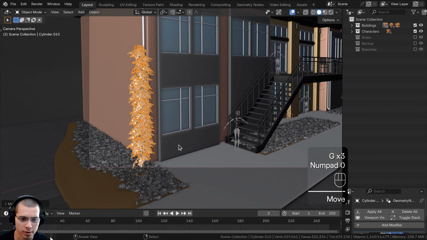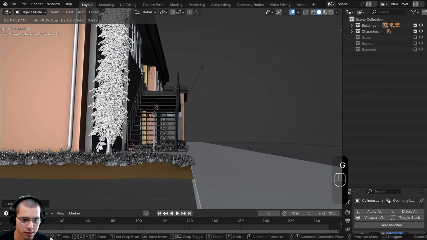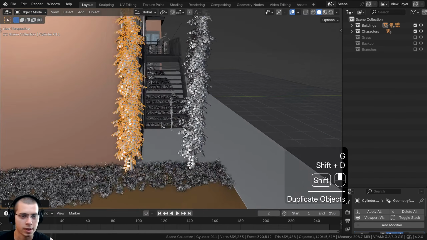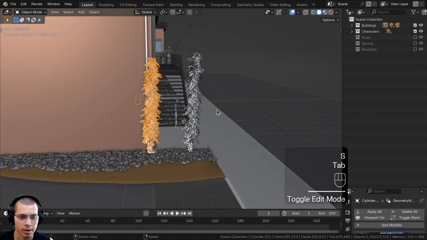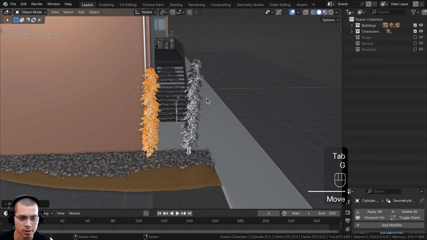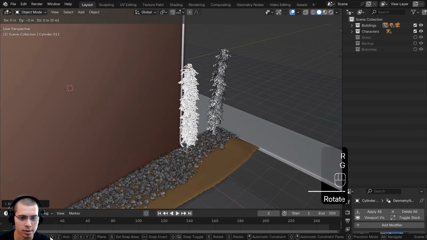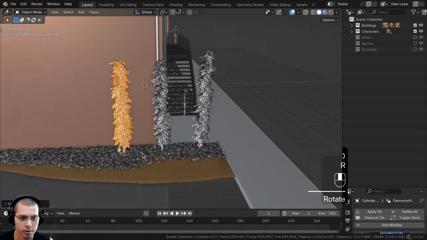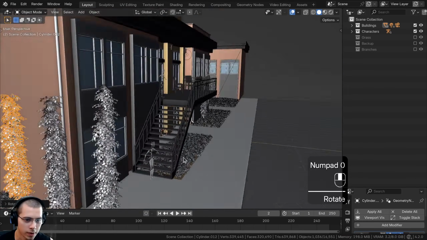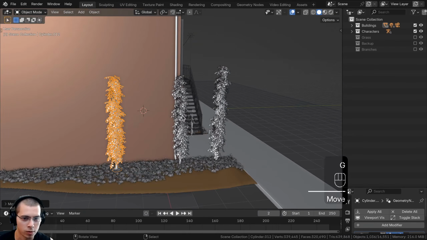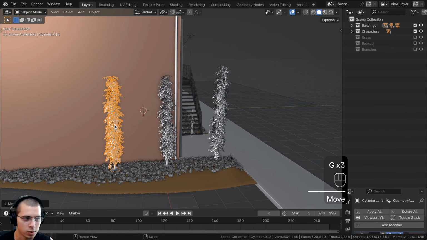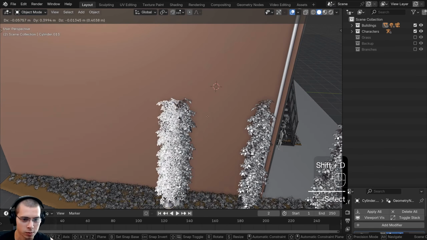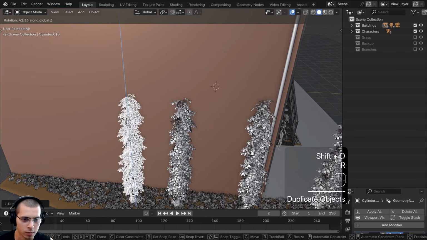Let's also go into the camera view, see how that's looking. So this tree should be a little bit higher and I want to bring it over a little bit. And then I want to duplicate this to have another tree. This one I'll maybe make it a random scale so it's slightly smaller and we'll rotate it around a bit. And then I will duplicate this again, move this over here and rotate that around a little bit. So there are 3 trees right there and maybe these ones I'll move over a little bit so there's a bit more space in between each tree. That's looking pretty good. And I might even want to duplicate this one more time and give it another random